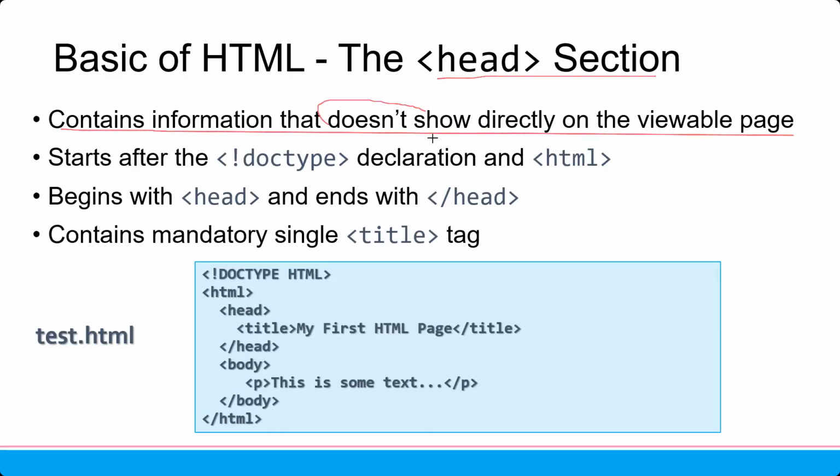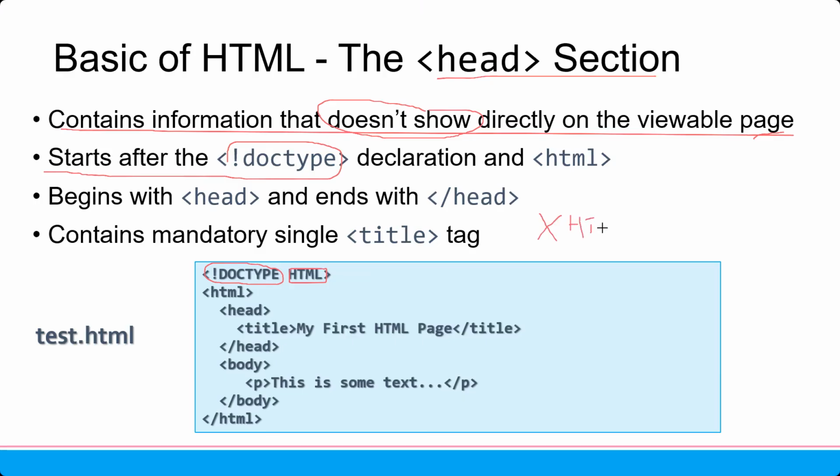So sometimes you cannot see the result in the page, but it affects your page. At the beginning, it will start after the doctype. This doctype, we mentioned, is HTML. HTML was a very old style. Now people use